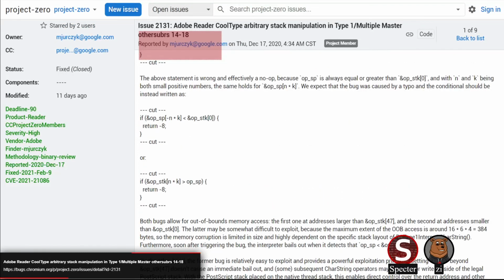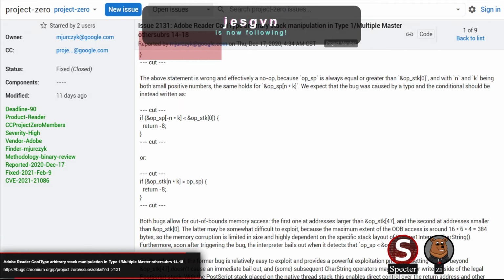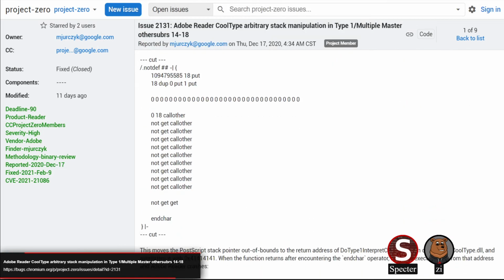The first bug, where they never check if k is positive, is an easy exploit according to them, because you can use it to smash the native thread stack and overwrite a return address or some other sensitive data on the stack and win. The second bug, with the suspected typo in the check, they think probably isn't exploitable or would be extremely difficult to exploit, because your size is very heavily constrained. Soon after triggering that bug, the interpreter bails out because it'll fail the third check, since k is no longer positive. So one bug looks like it would be exploitable, the other probably not. But both are very interesting bugs, I think.